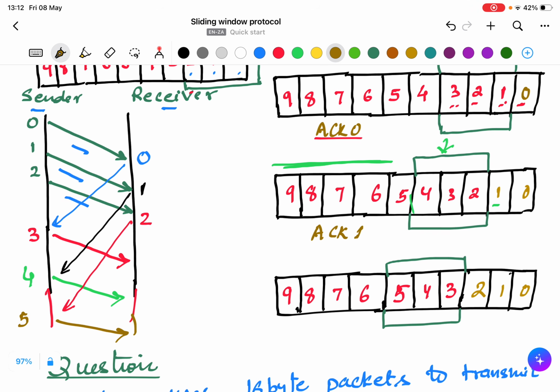When packet 5 is sent, we receive the acknowledgement of 2, and the window will slide one more to the side, and you can see the window is on 3, 4, 5. The earlier packets are the ones which already received acknowledgement, and again you can see these are the ones still waiting to be sent.